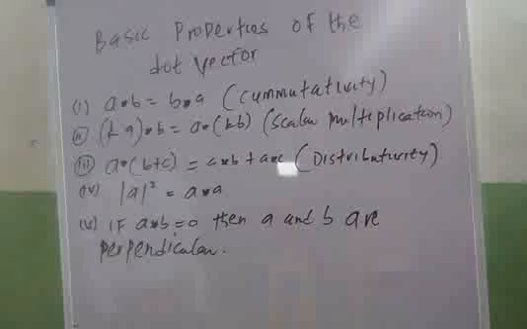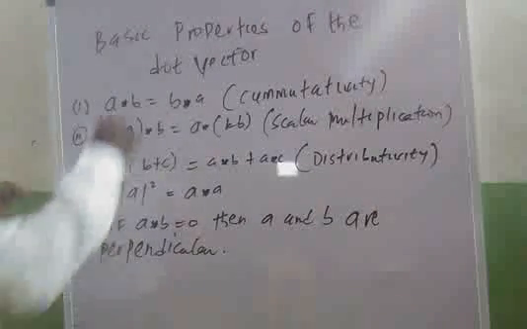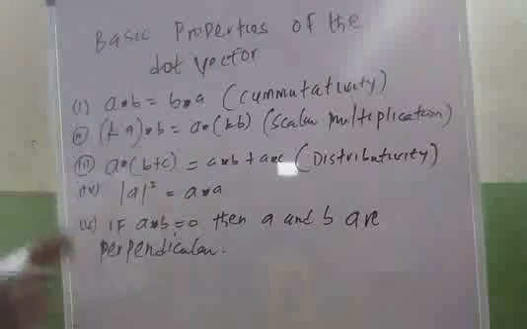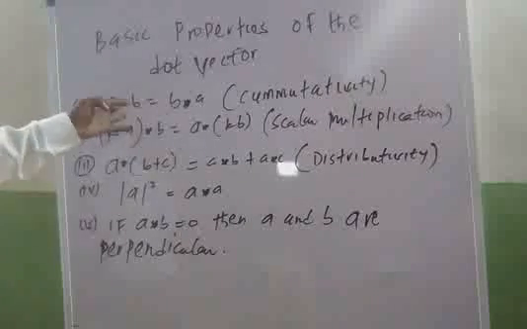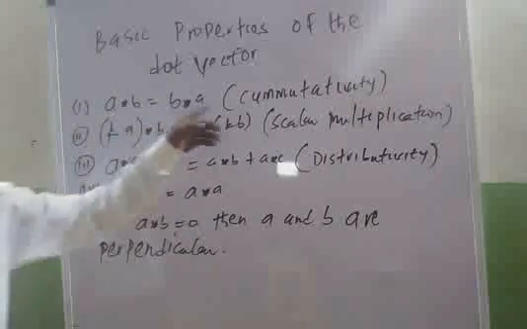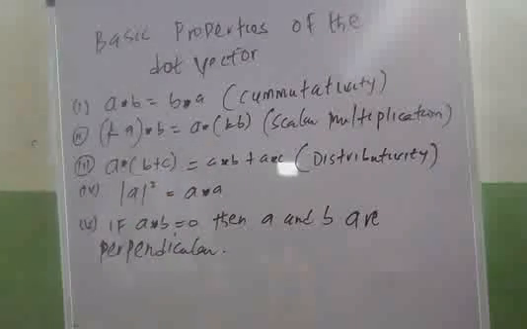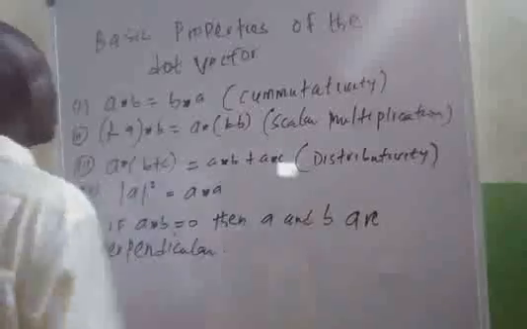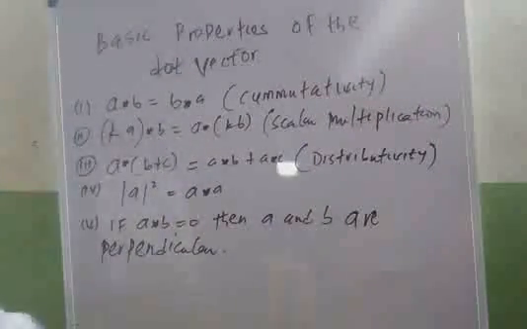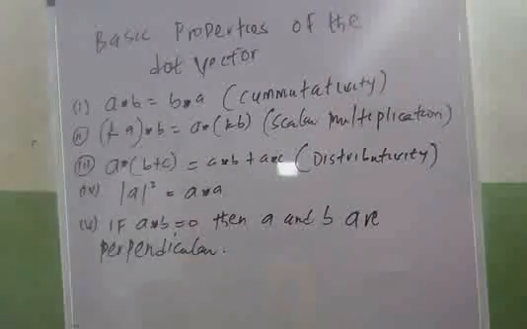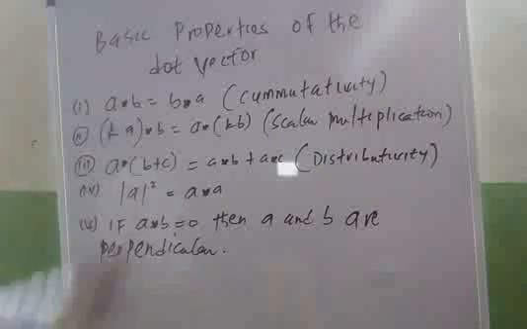Now let's look at the basic properties of the dot product. The first one is A dot B equals B dot A. We call this the commutative property, commutativity. Then you have kA dot B is the same thing as A dot kB. We call this scalar multiplication. That is, if k is a constant,